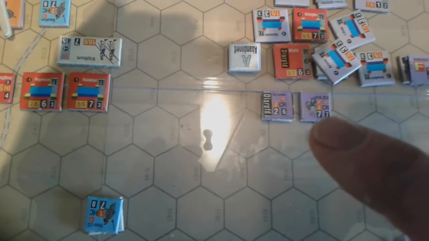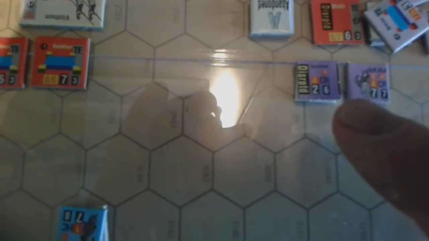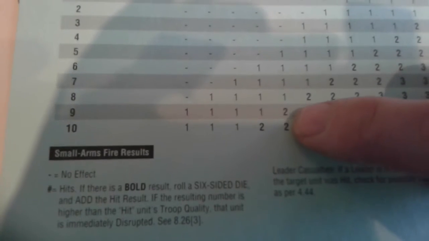But on these hit results, you roll a d6, add that, and if it's higher than the unit's TQ, you get a disruption. But many units have quite high TQ, so you have to be quite lucky with that. So a charge like that, a caracoling unit is really only going to knock. No, let me see. They've got a musket strength. They've got strength of 4. They have an addition of, well, it depends, +1, +2. So they're maybe on this column 4 to 6. So yeah, they need